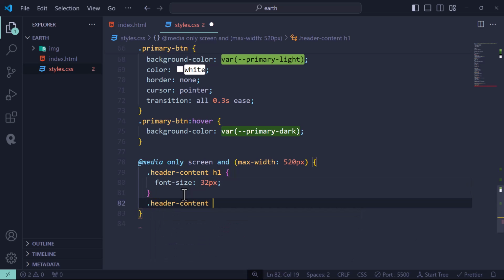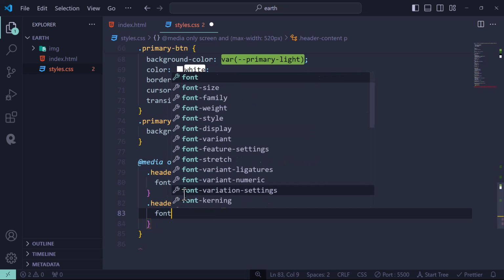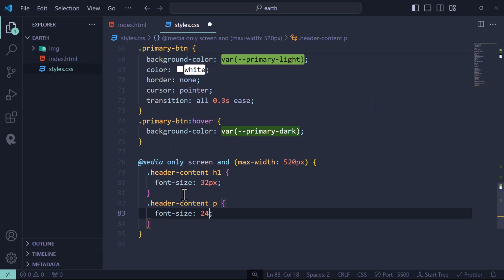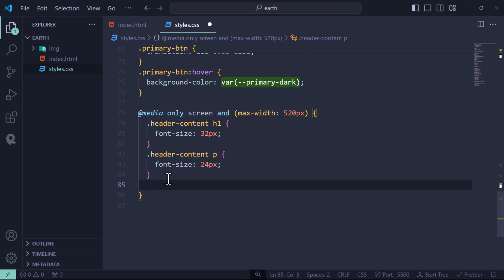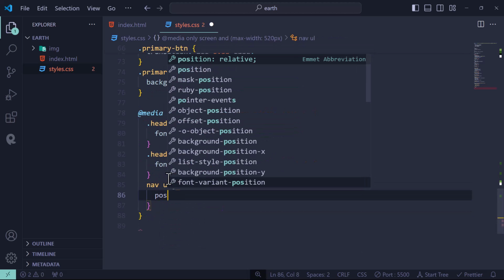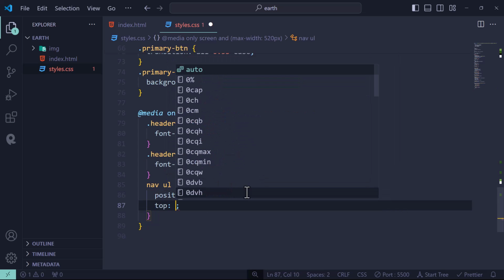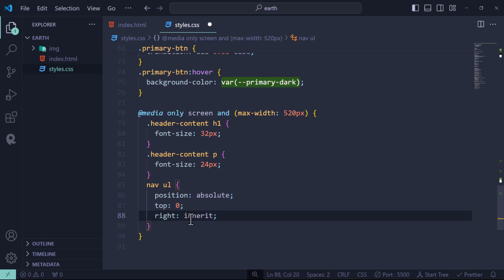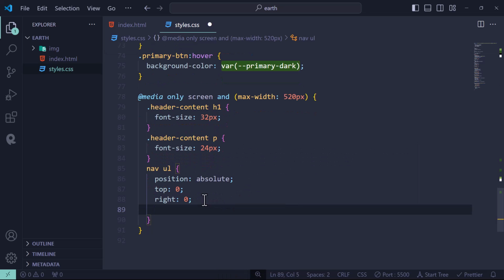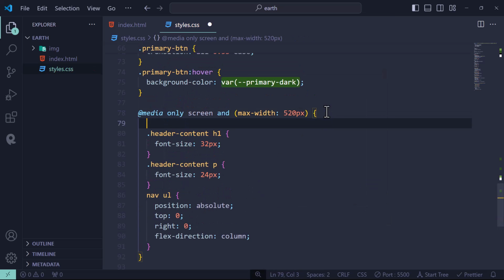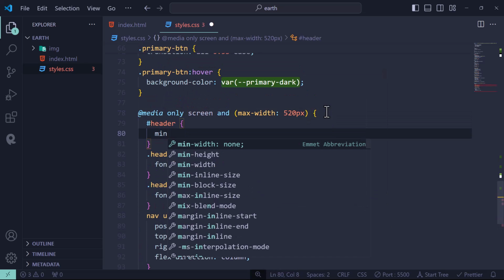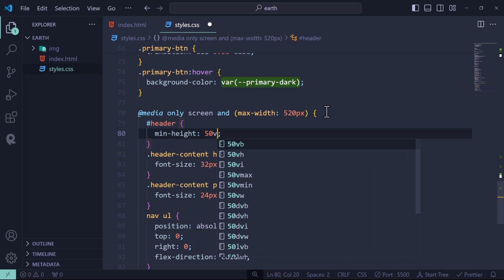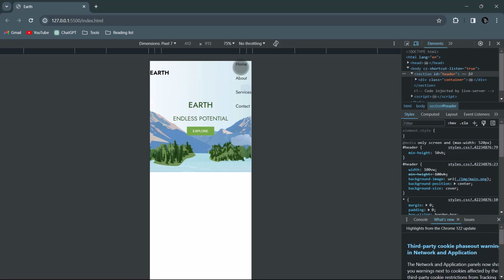And inside header content, for the tagline, let's make font size to 24 pixel. Inside the nav, for the UL, make position as absolute, top 0 and right 0, and flex direction column. And for the header, min height to 50 VH. And for the nav links,